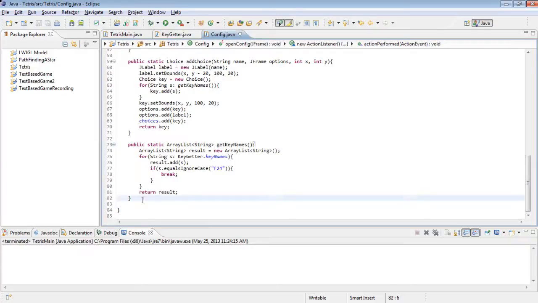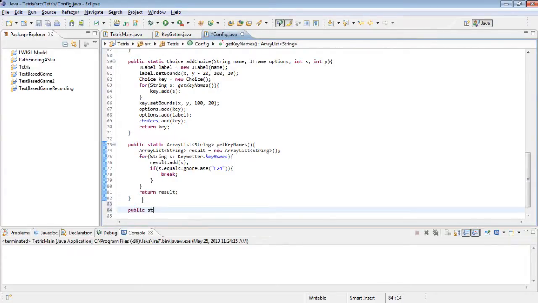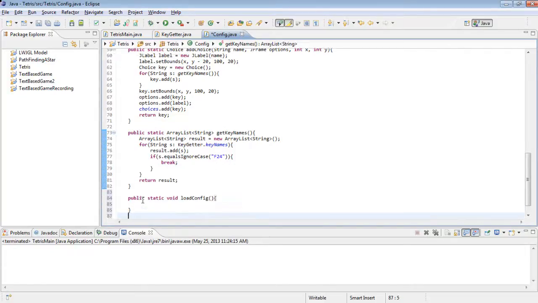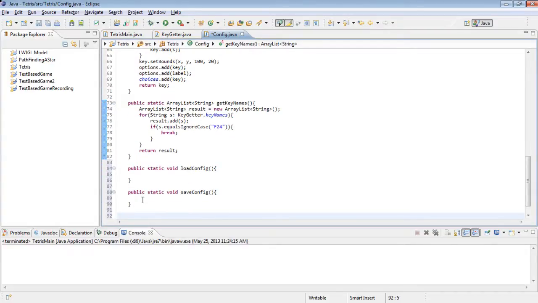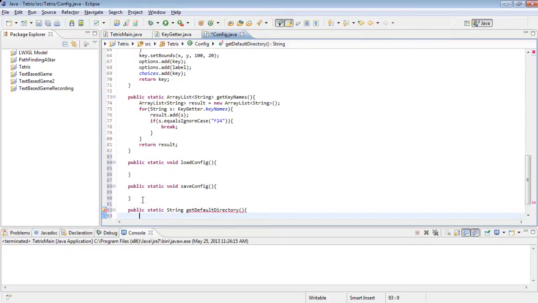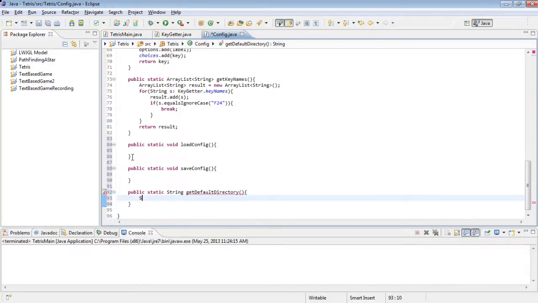So we're going to create two more static methods, public static void loadConfig and public static void saveConfig. And we're actually going to create one more, public static String getDefaultDirectory, and this is going to get where to save the config in. So String, this is going to vary based on the operating system that the user is on. So String os equals System.getProperty